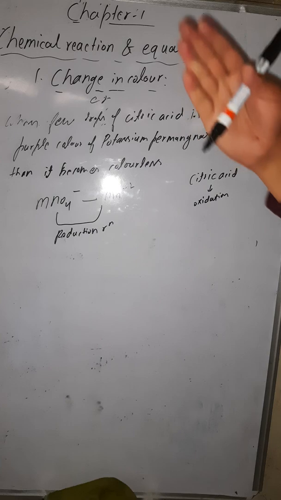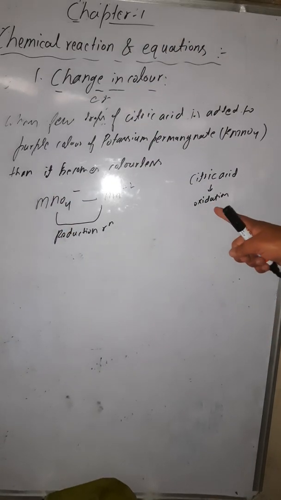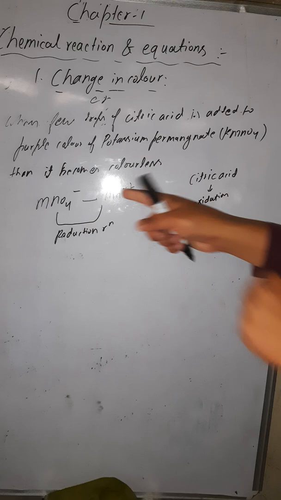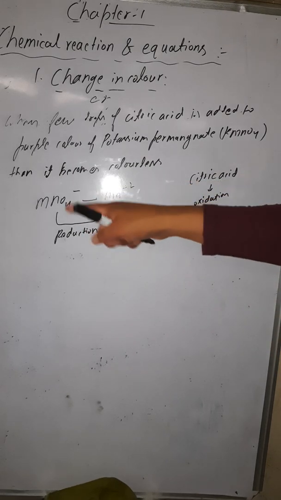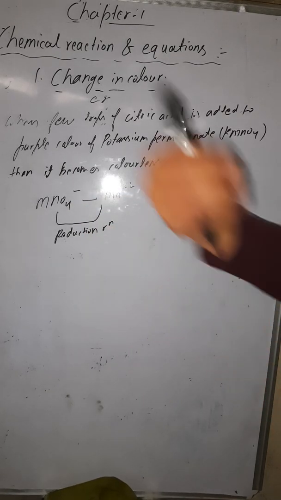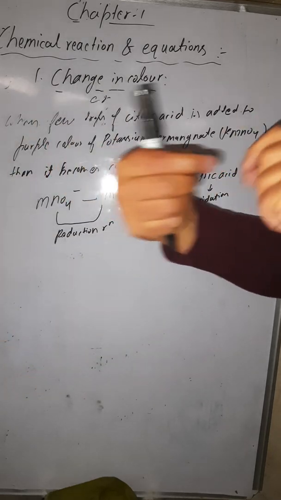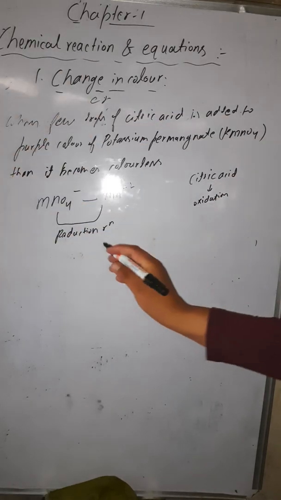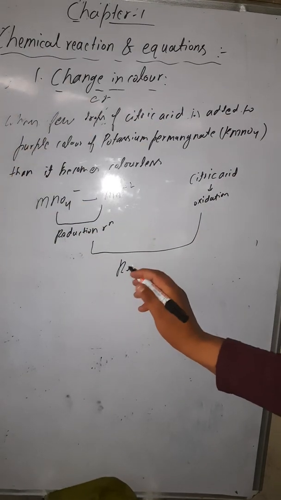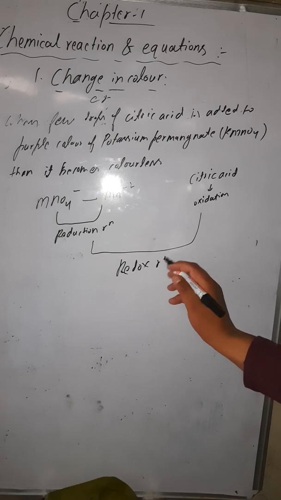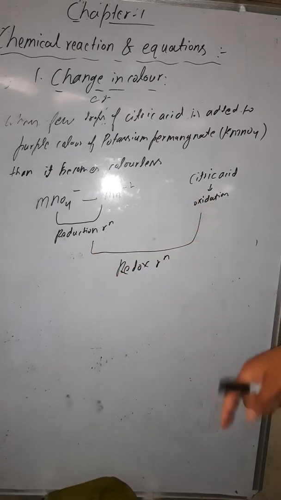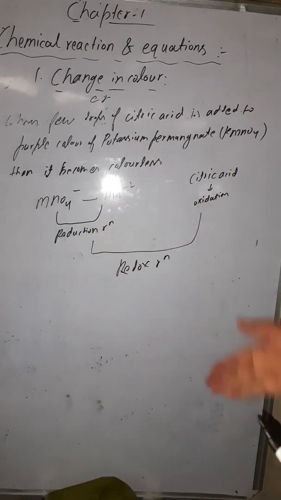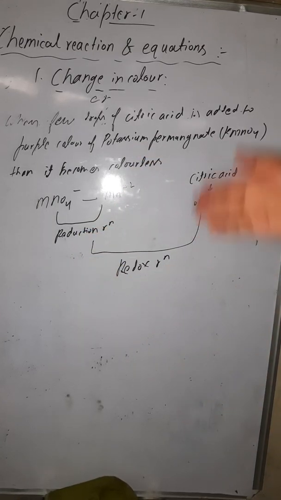There is oxidation, which means addition of oxygen, while reduction means removal of oxygen. Now if in one chemical reaction you have oxidation and you have reduction also, such chemical reactions are called redox reactions. So this is an example of a redox reaction. We will study in detail the reduction reaction, oxidation reaction and redox reaction when we study the types of chemical reaction. Are you getting this?